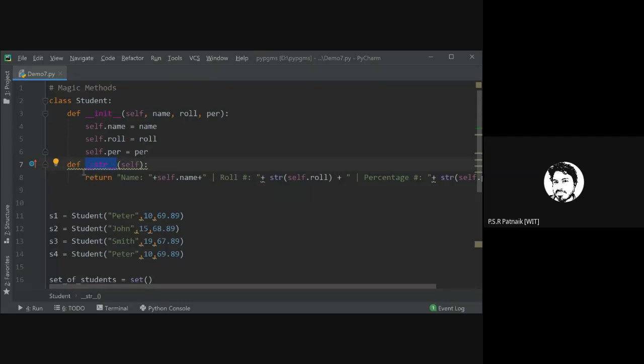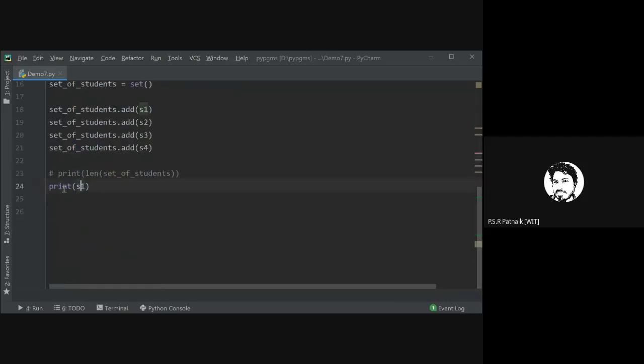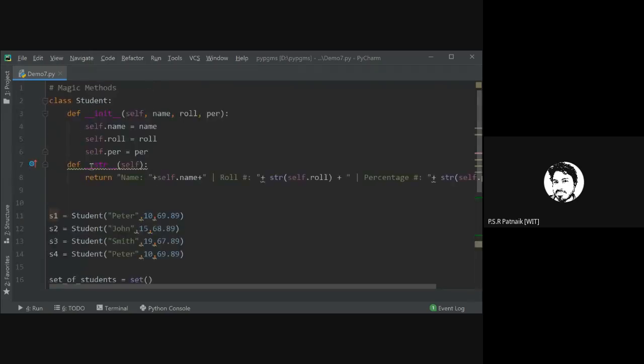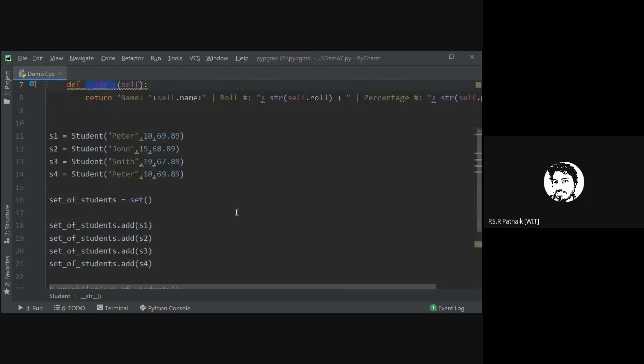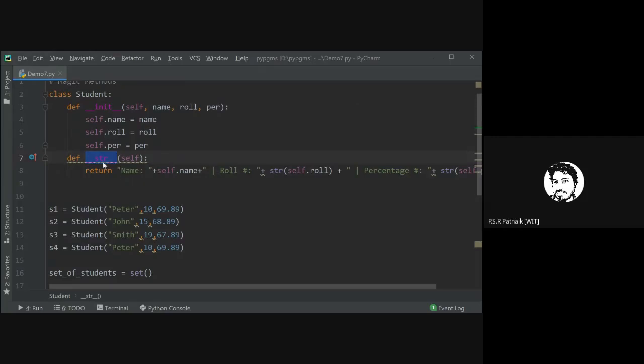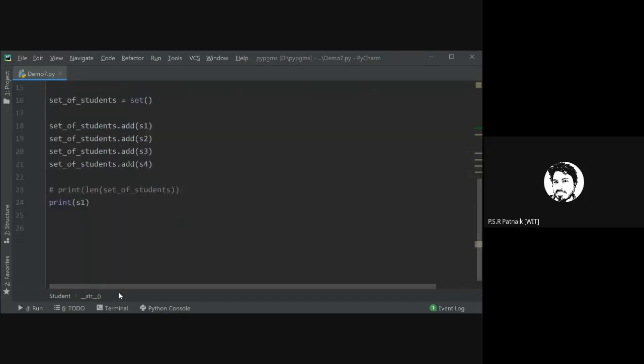And what's the role of this str? Whenever the object of this class student is passed to any print-like method, which extracts the output and tries to print the value of that object, at that time, that object's str method is called. If that method has any implementation, whatever string that method returns gets printed on the prompt. It could be the console or even a text file if output redirection is used. So the default behavior of this method is to print the module and the hash code of that object, the one which you just saw last time.